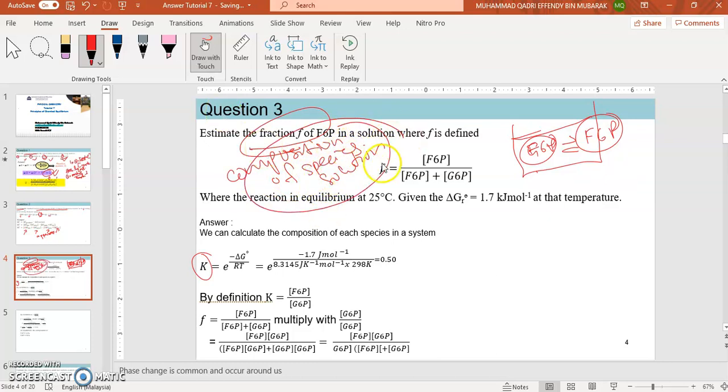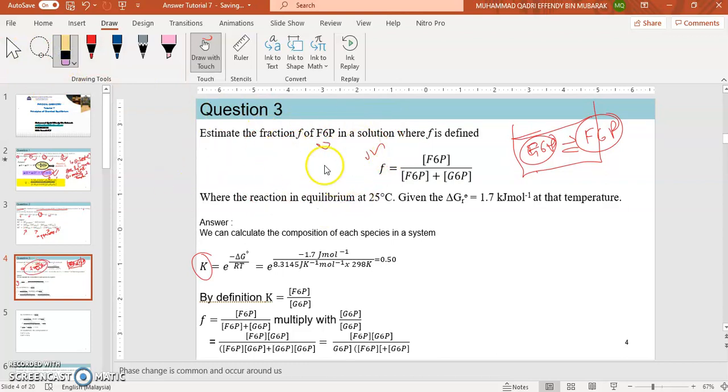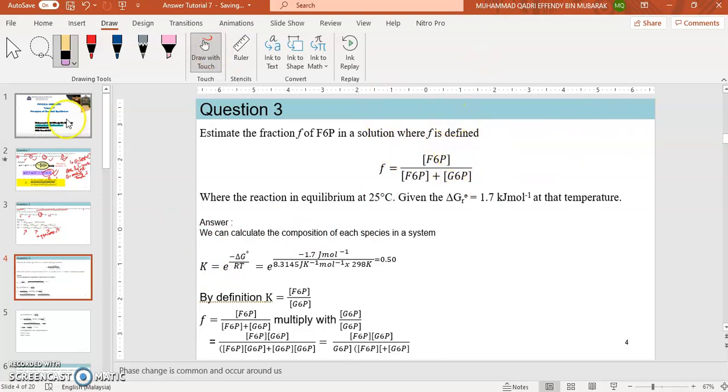By using all of this, we can calculate or predict all the composition of the species in our solution. So now our species are F6P and also G6P. First things first, what we need to do is find the K, or the equilibrium